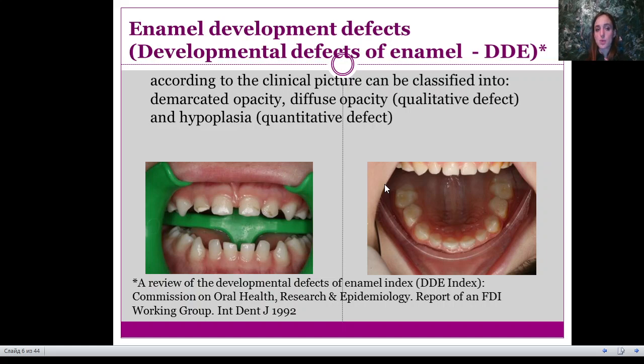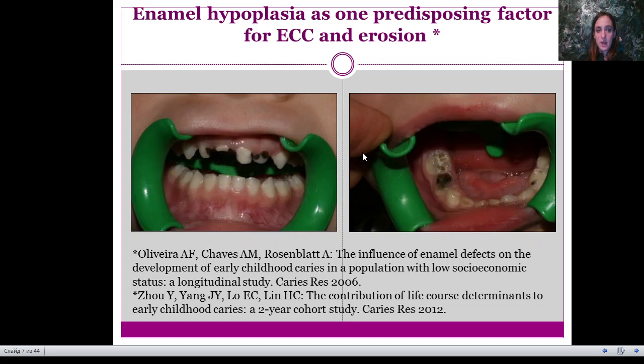So, what we need to know about enamel development defects. When we have such a picture and we can see such clinical cases, according to the clinical picture they can be classified. You can see our picture and enamel hypoplasia also. So during the pregnancy,